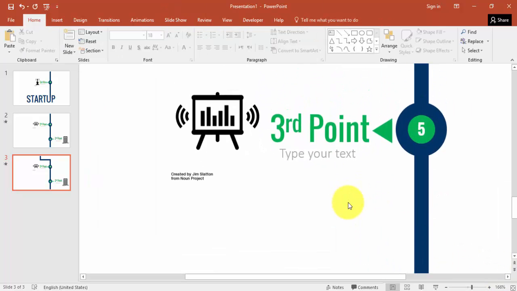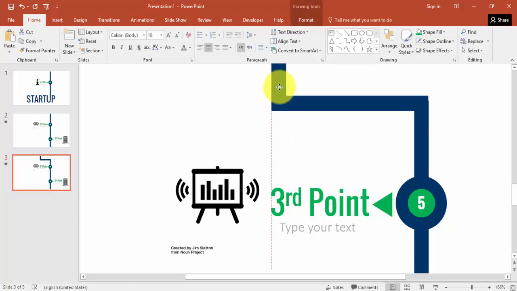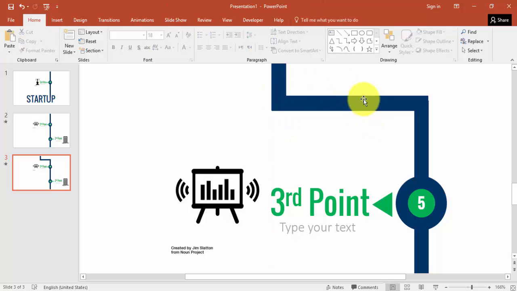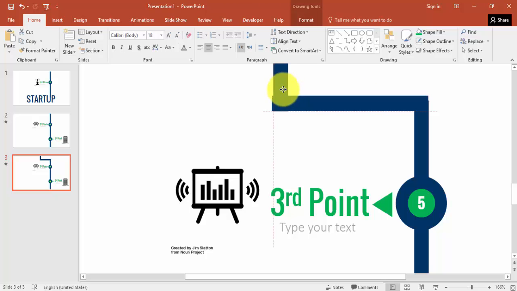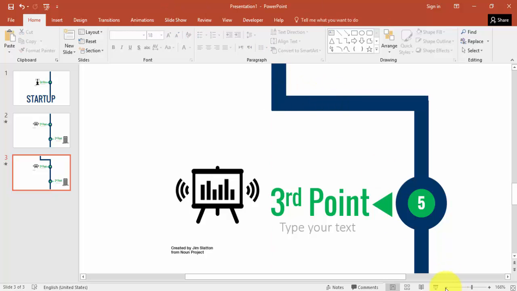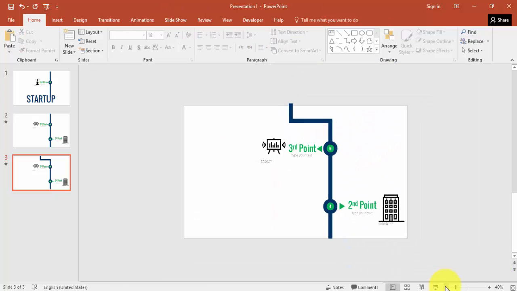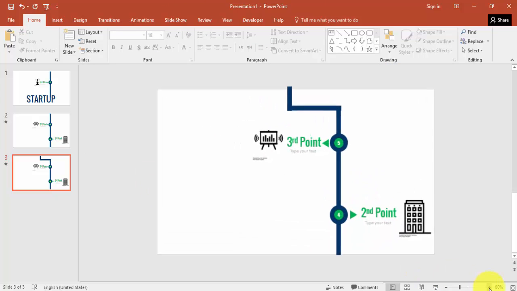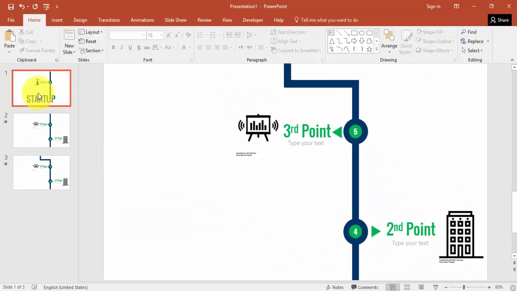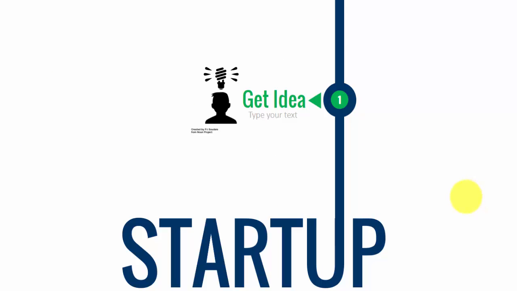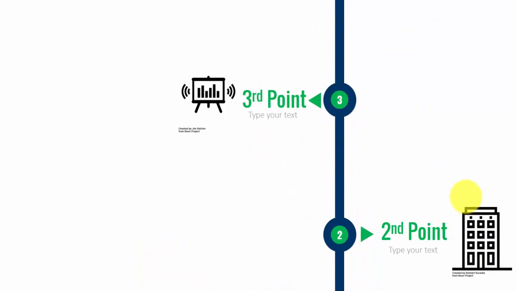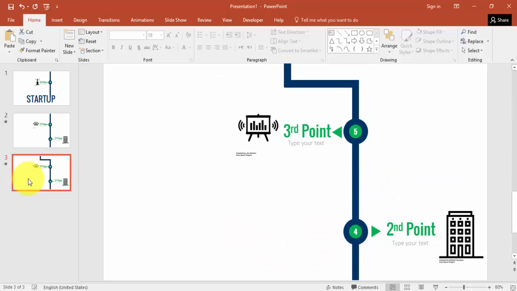Not properly aligned, so let me align properly. So my first slide, my second and third point, my fourth and fifth point, you can just change the text. And this one,